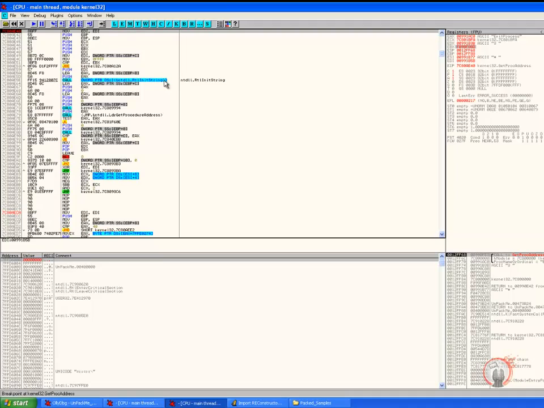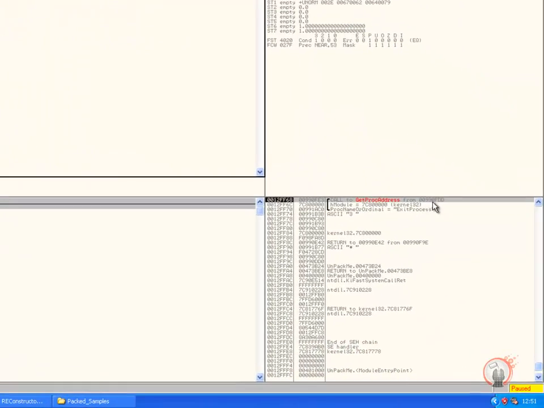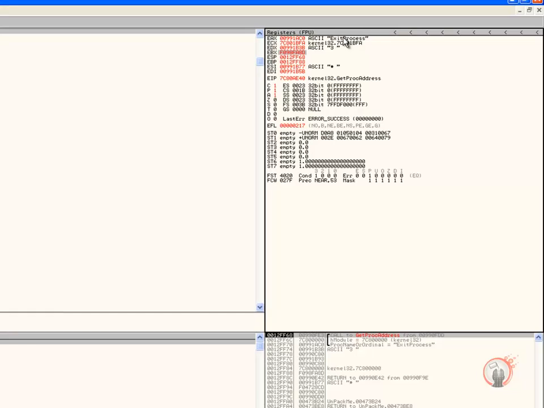Let's start running again. You see, the first API it is going to retrieve is the exit process. So let's press Ctrl plus F9 to execute till the return address, and then F8,